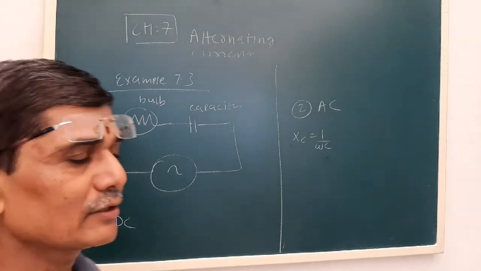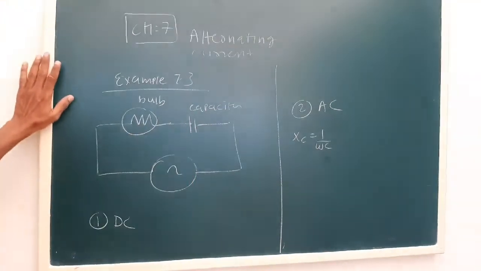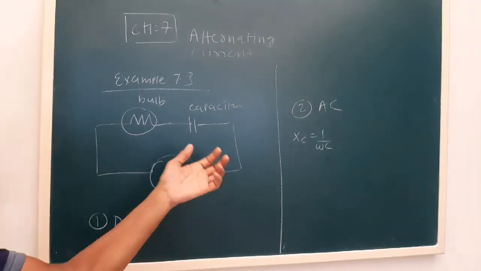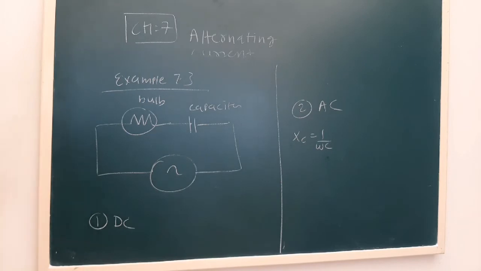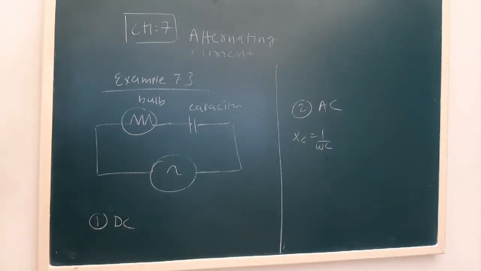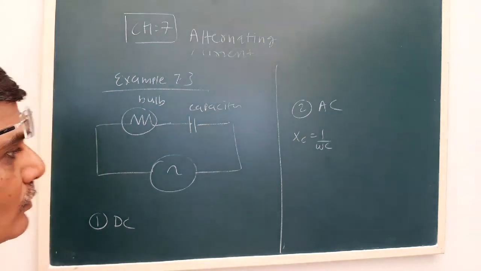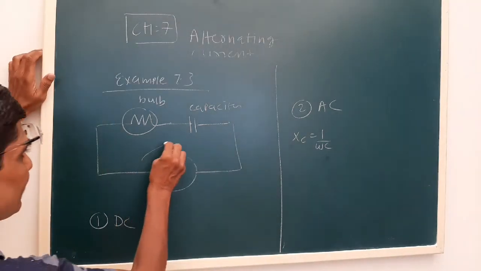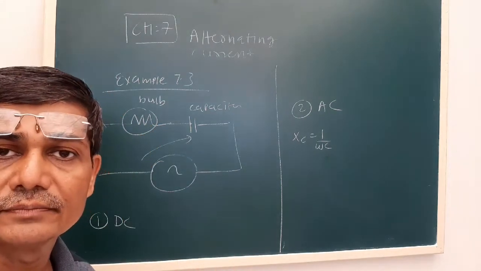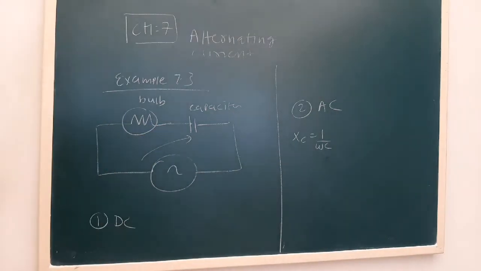So this is the effect of a capacitor in a DC circuit and an AC circuit. In the first case we saw that the capacitor is a charge storing device. It stores energy in the form of an electric field. So once the capacitor is charged, there is less voltage across the bulb, so the bulb will not shine. But in the case of AC, it will vary with the value of the capacitance.